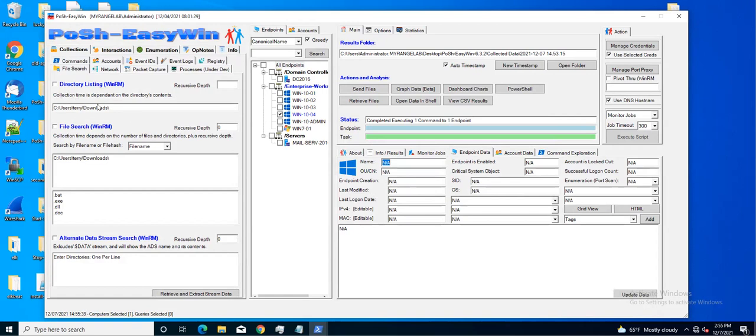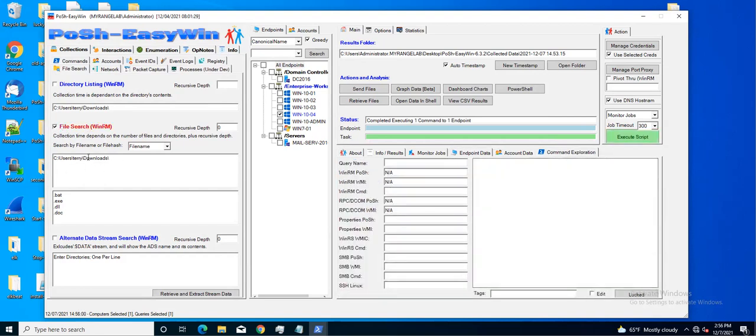You can do a directory listing and search their downloads folder, or if you think there are subfolders, you can recursively search one or two depths. In this situation, we already looked at Terry's downloads, and we want to use this feature right here, file search, to look at this particular directory and see if we can pull back any files that have these